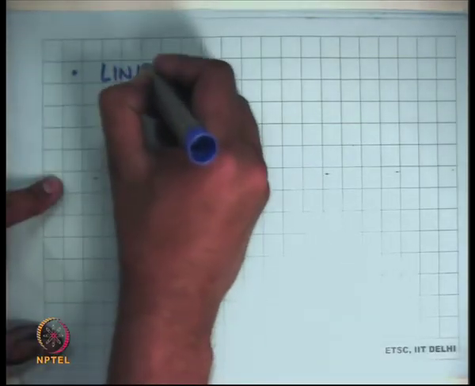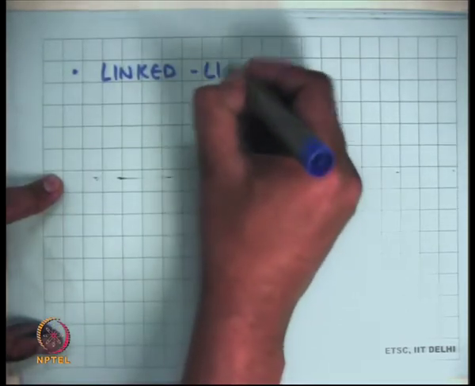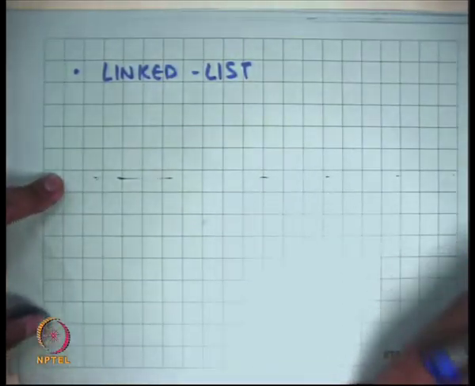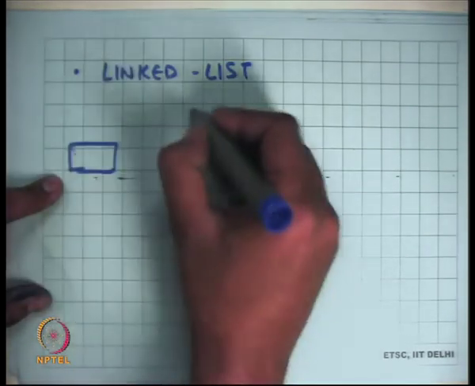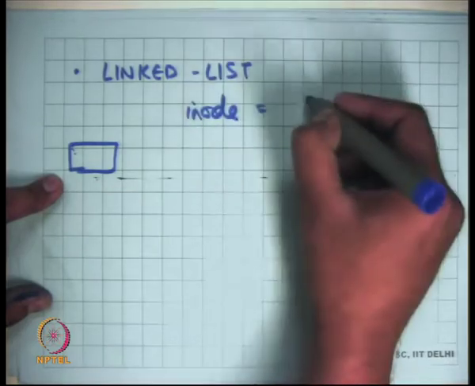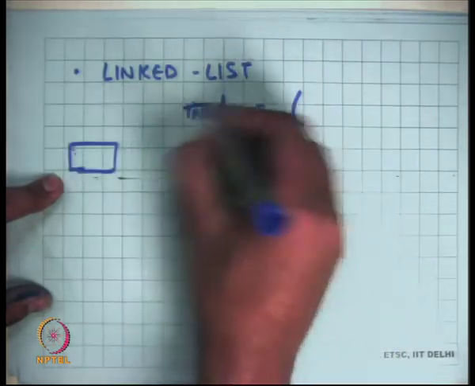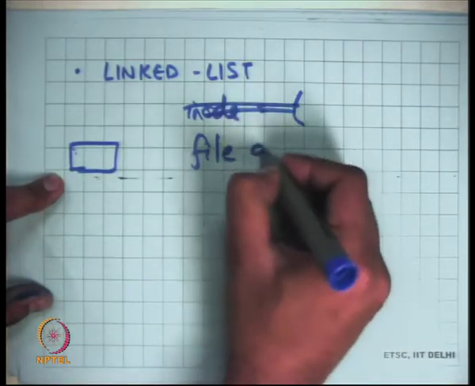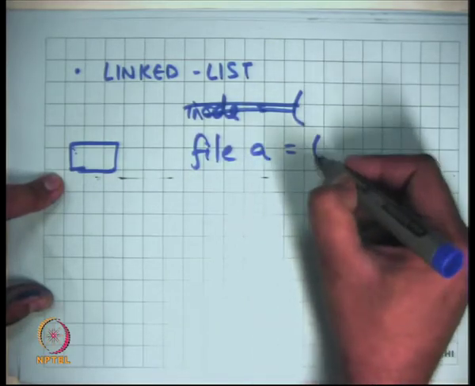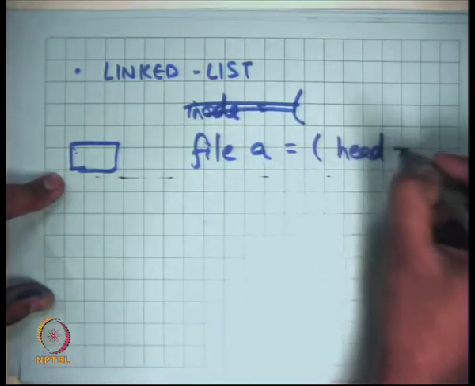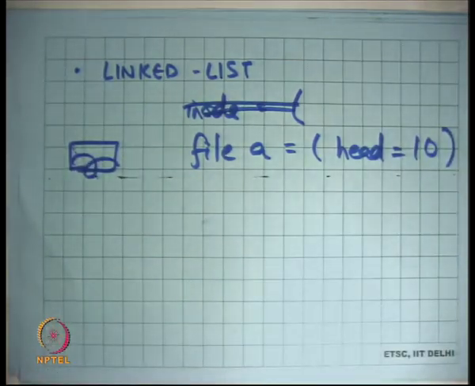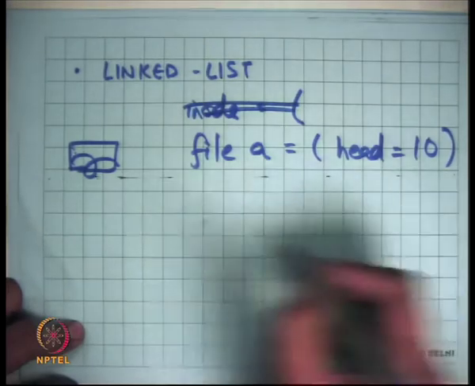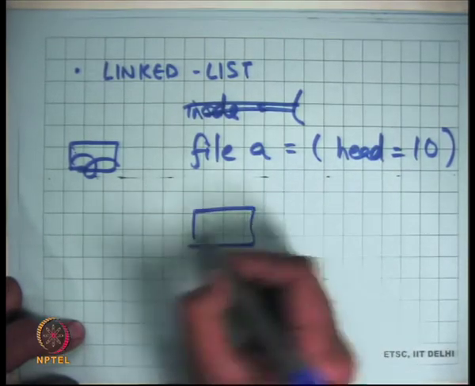Okay, so we are not happy with fragmentation and growth. So the other option is what's called a linked list. So instead of a contiguous array, let's have a linked list where the inode will point to, let's say, file A, which basically means the inode storage is going to have a head pointer. Head is equal to 10, and that's it, right? And then each block will basically say what's my next pointer,